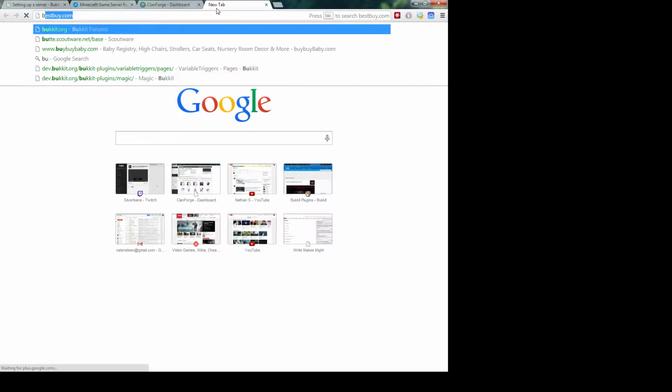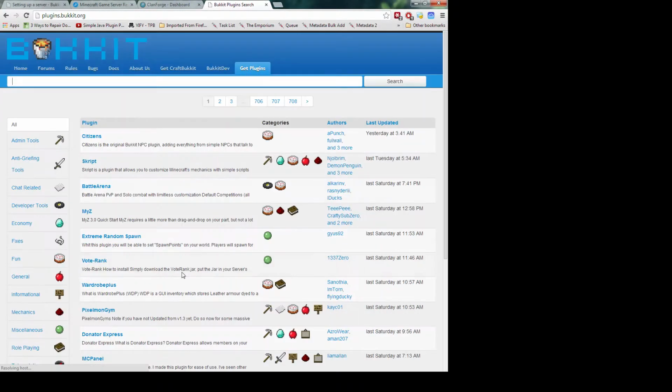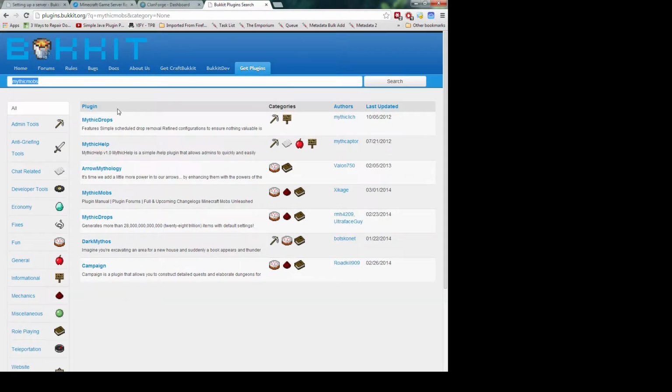So we can go ahead and just pull up the Bukkit website. Anywhere you can go on here, you can get plugins, and you can see where you can download different plugins. One plugin that I was thinking of adding soon is called Mythic Mobs. If I search Mythic Mobs, I should see the plugin right here. Yep. You click on the plugin,